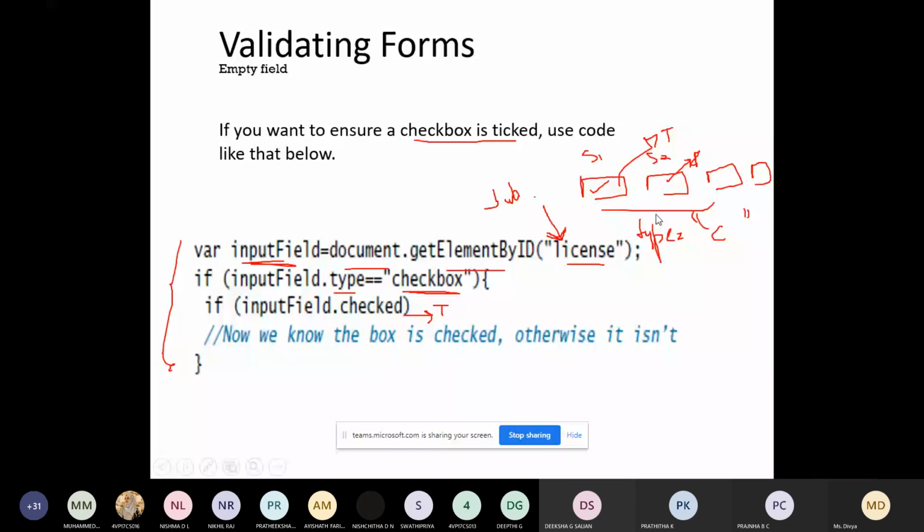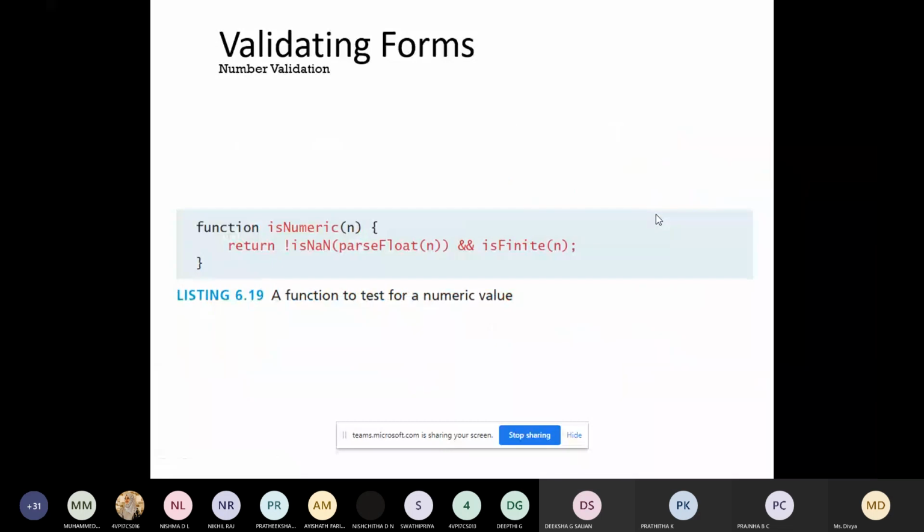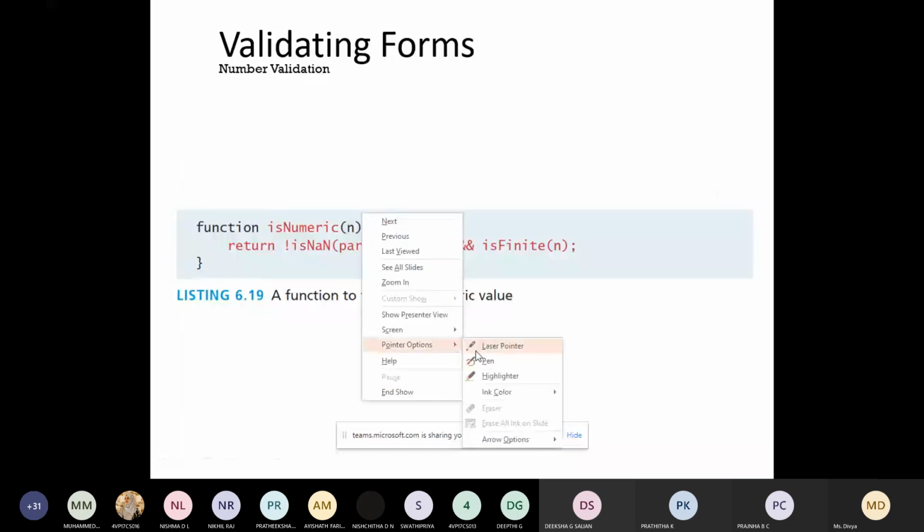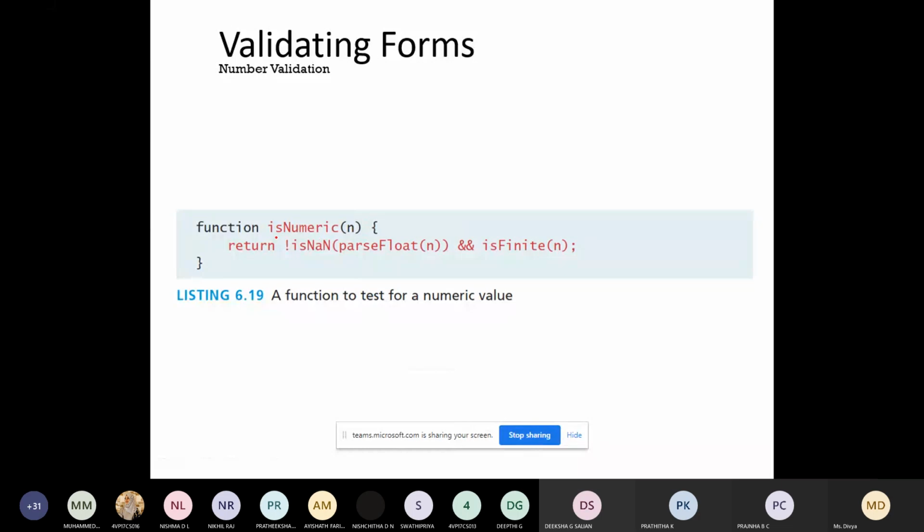So let's look into an example. This is one more, which is used for checking isNumeric. isNumeric is a built-in function used to check whether the value that you have entered is a number. Then parseFloat and isFinite.